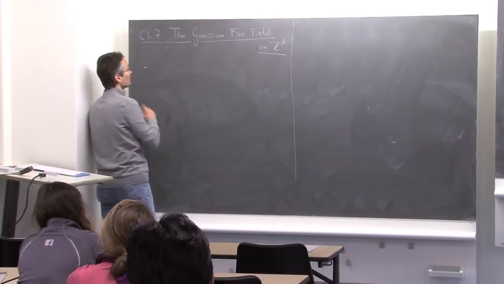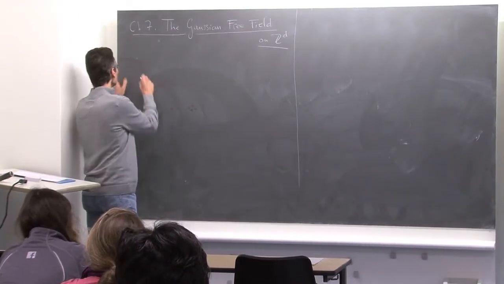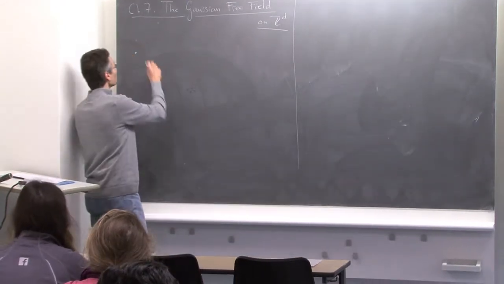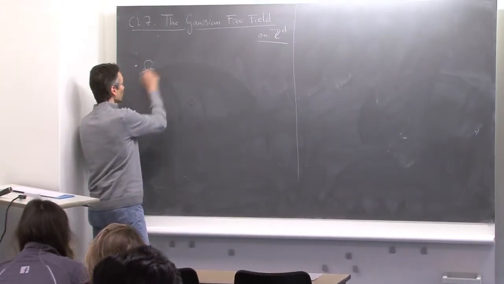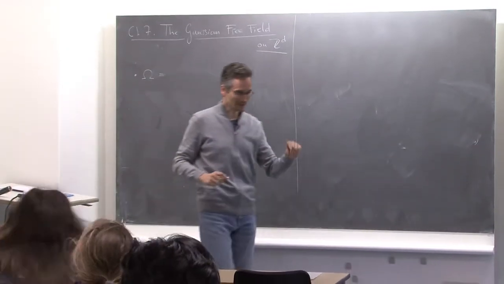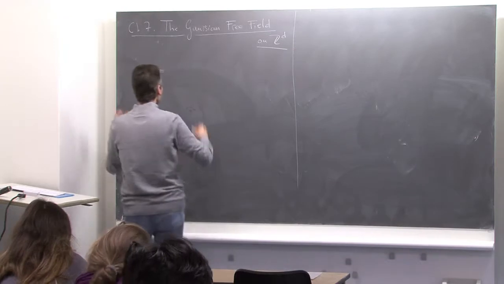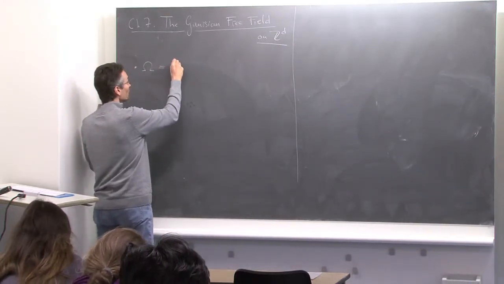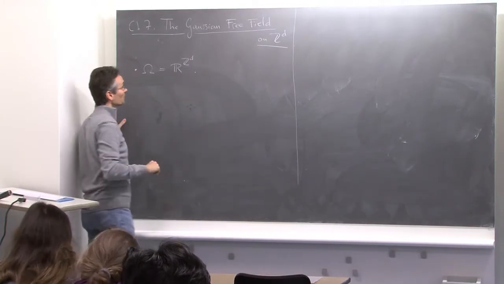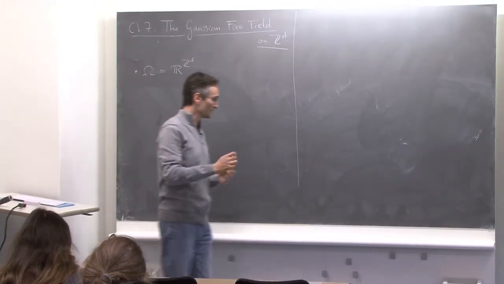I first define it and then I give some motivation where it comes from and so on. And I'll construct it the same way we constructed the Ising model. So let's start with defining the set of configurations of the model. In the Ising model it was plus or minus 1 at each vertex of Z^d. Here you put at each vertex of Z^d a real number. So the set Omega is R^(Z^d).